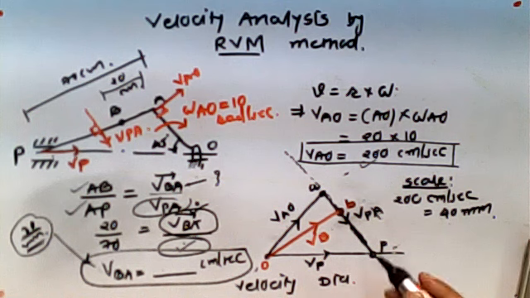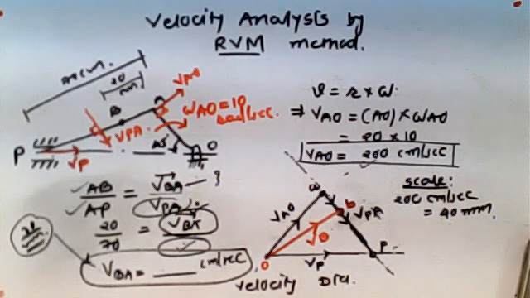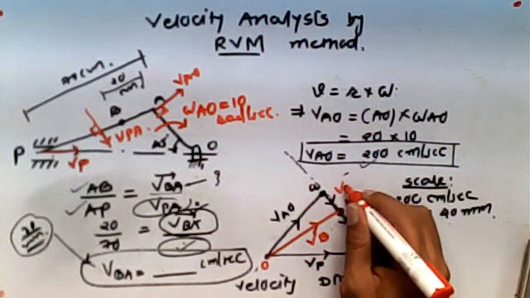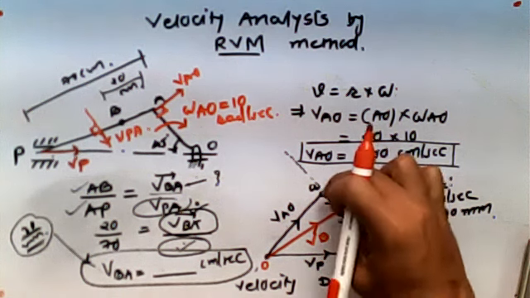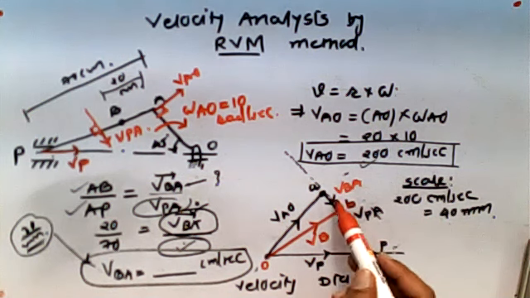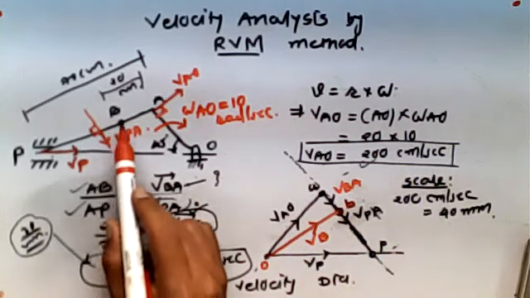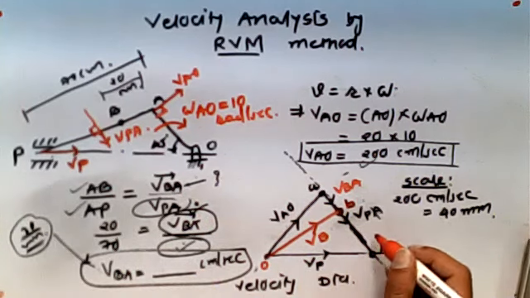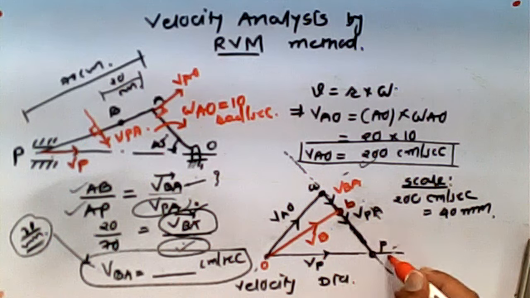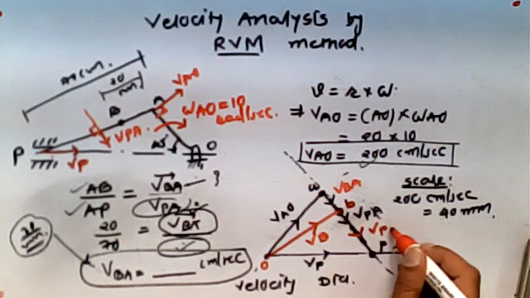Then suppose you want to measure, if you are measuring this, then I can write it as velocity of B with respect to A. Again, you can put it. You have already calculated that particular value, correct? Suppose I want to calculate velocity of B with respect to P also. Then you can have this particular vector B to P, correct? So this is velocity of P with respect to B. Suppose I'm taking this arrow.